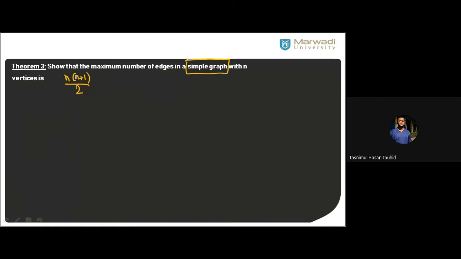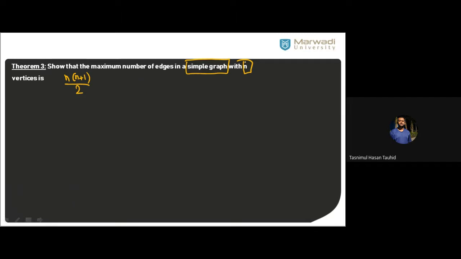It's a simple graph. Simple graph means no parallel edges, not any self loop. Now, what is the number of vertices? The number of vertices is n. N can be anything. Nakibullah says simple graph is the opposite of multigraph. No, it is not the opposite of multigraph. A multigraph cannot always be a simple graph.